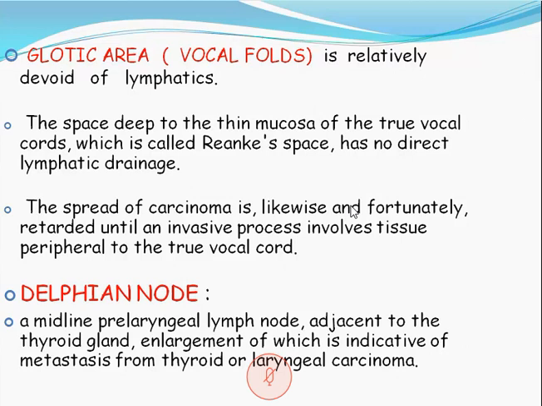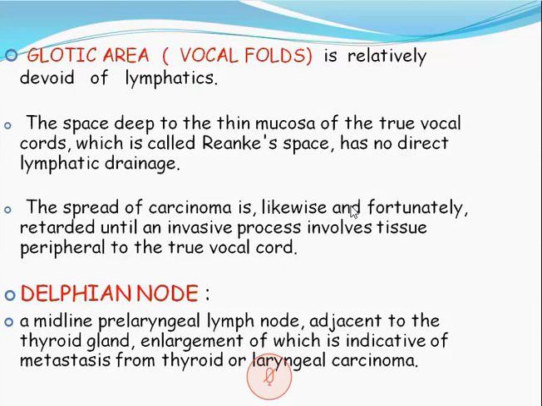The space deep to the thin mucosa of the true vocal cords, which is called the Reinke space, has no direct lymphatic drainage. That is another thing which is having advantage. It doesn't allow directly any lymph nodes to be involved in the early stage. The spread of carcinoma is likewise unfortunately retarded until an invasive process involves tissue peripheral to the true vocal cords. Unless other areas are involved, the growth will not go and will not affect the